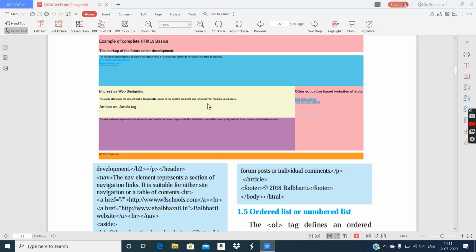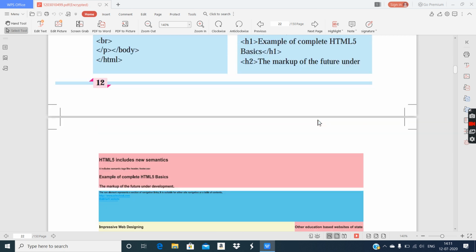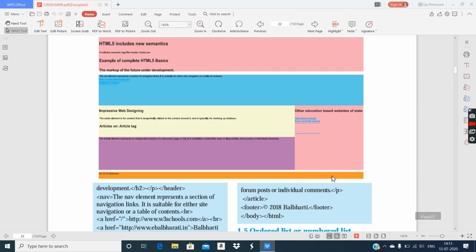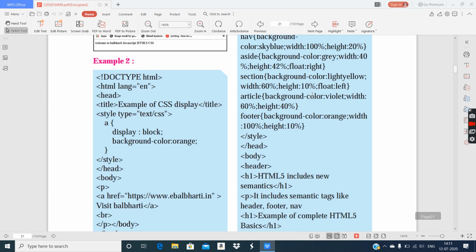Light yellow is not supported, I think so. That's why it looks white. And gray may be the color. I don't know if they have put some different spelling over here. I don't know. But this definitely does not look like gray color. Okay, let it be that. No problem. You can just change the value of color, right?